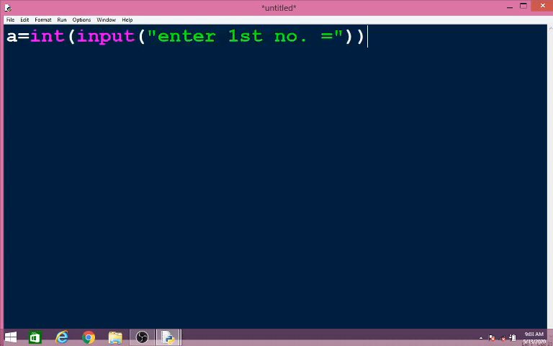Now we write these input statements also for variable b, for variable c, and for variable d. That means we write the same input statement four times.